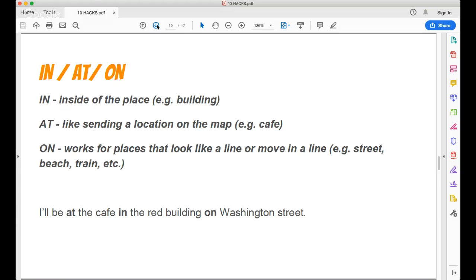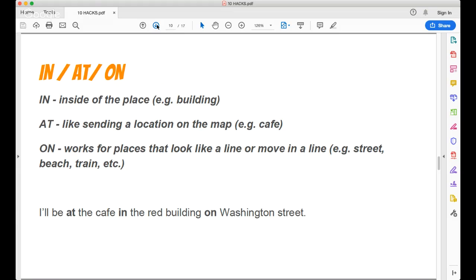And then on works for places that look like a line or move in a line. It's a little weird. But like a street looks like a line. If you look at your map of your city, a street looks like a line. Beach also looks like a line. Train moves in a line. So that's how we're gonna use on. On the street, on the beach, on the train, because it's a line, moves like a line. And here's an example. I'll be at the cafe, in the red building, on Washington Street,